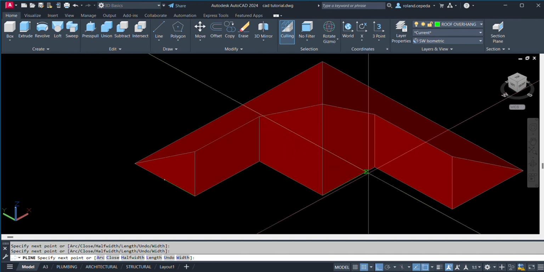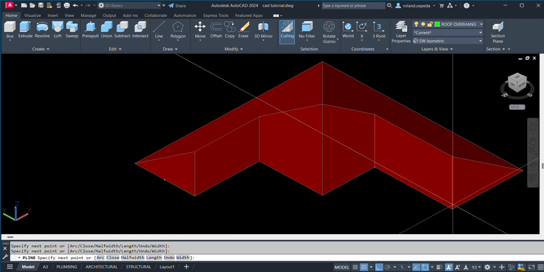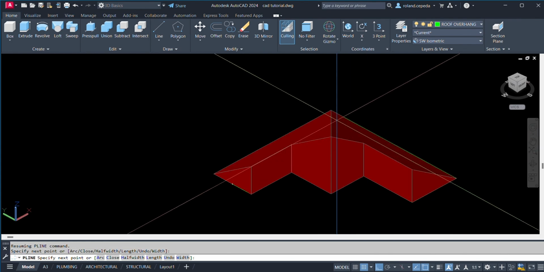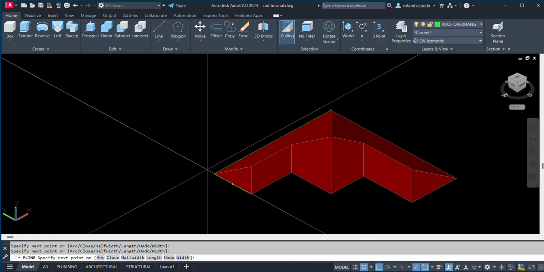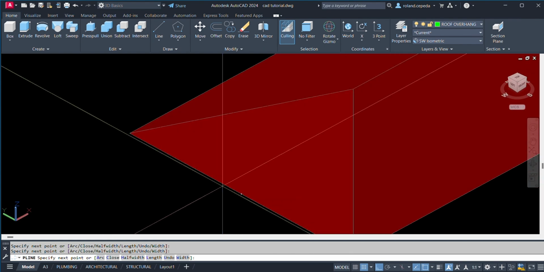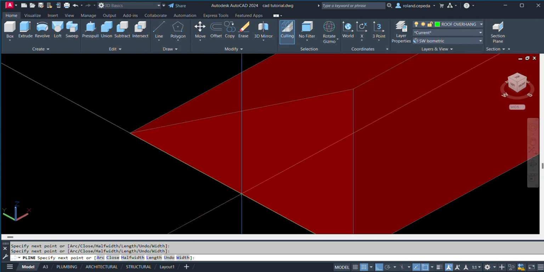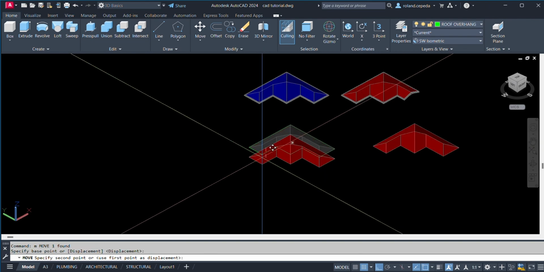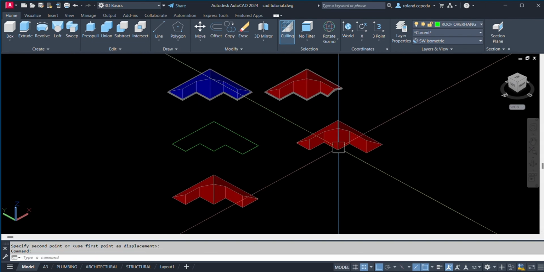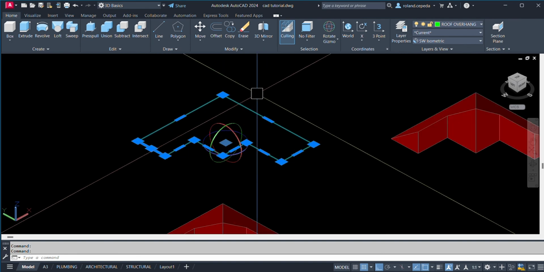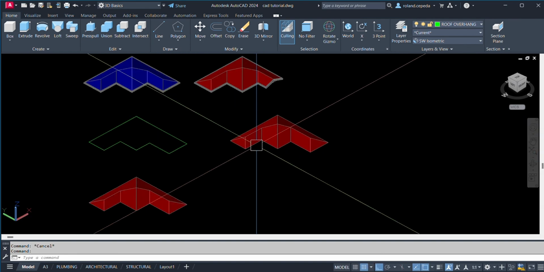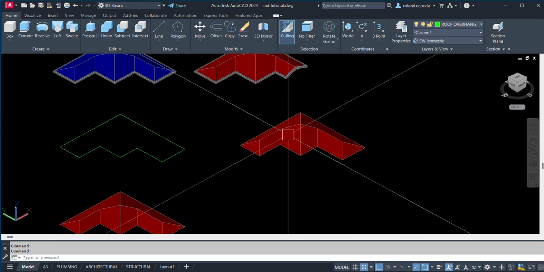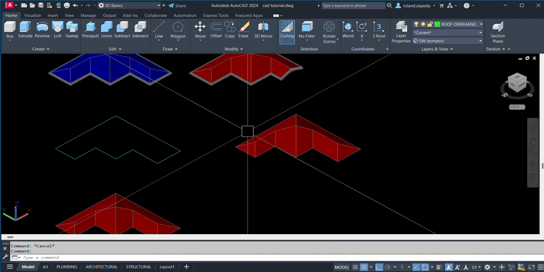So I'm going to outline the profile or the base profile of the hip roof. Okay, so I'm going to move this one here. So as you can see, I have already the base profile, and of course, since they are just same.